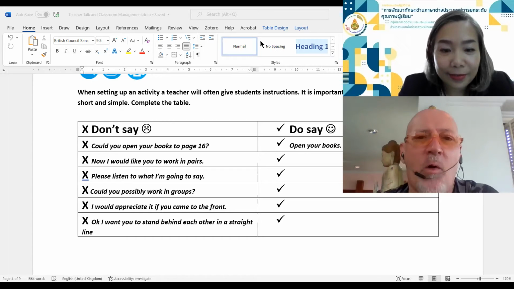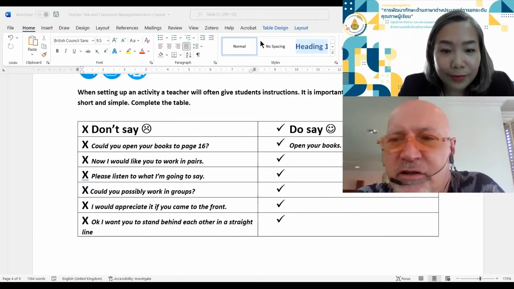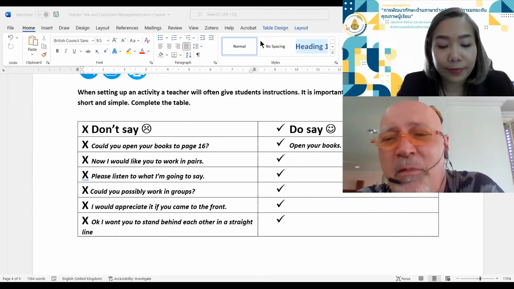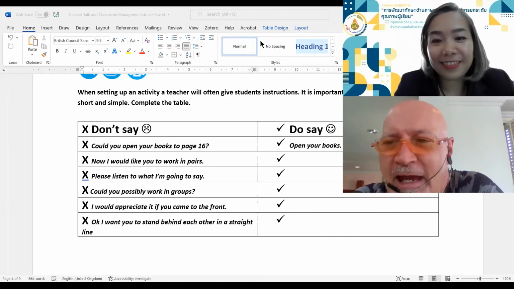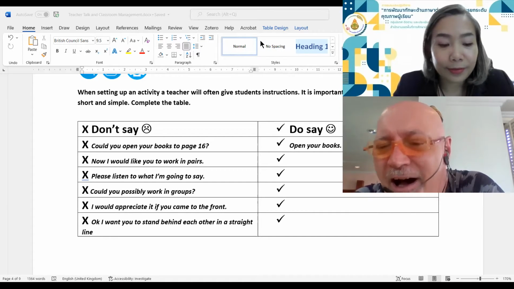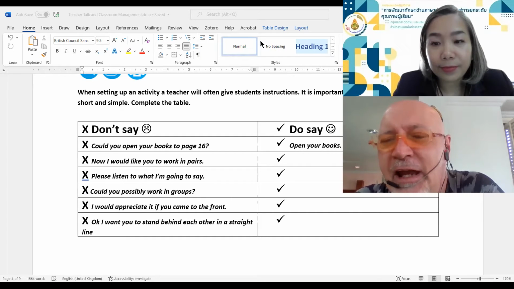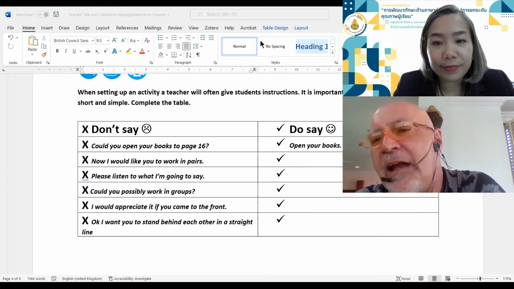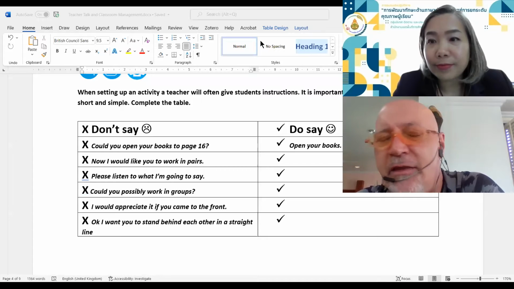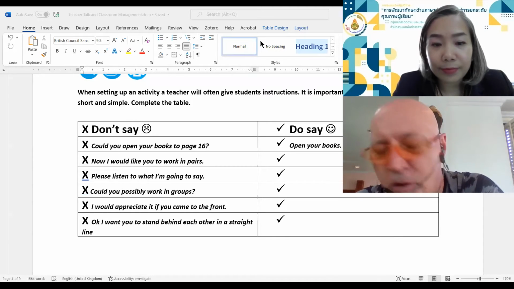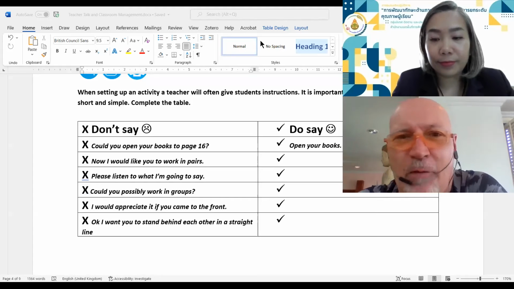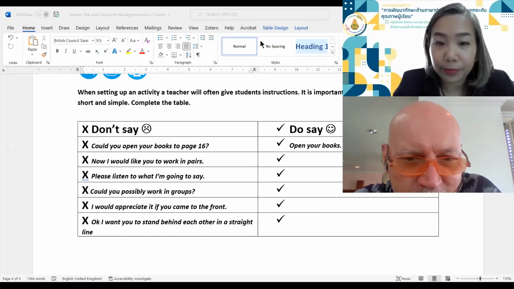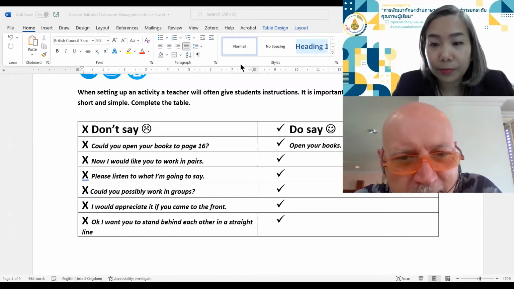Now, how many of you give instructions in English, and how many of you give instructions in only Thai, and how many of you give instructions in English and Thai? In the comments, if you give instructions only in Thai, write T. If only in English, write E. And if in Thai and English, or if you do, for example, the instruction sandwich, English, Thai, English, then write ETE, or whatever it is that you do. Can you do that quickly now in the chat box? And we'll see who does Thai, who does English, who does both. Okay, well, that's good to see. That's great.